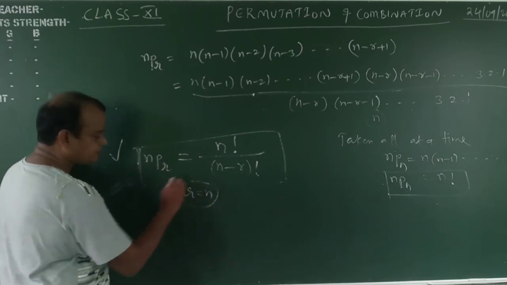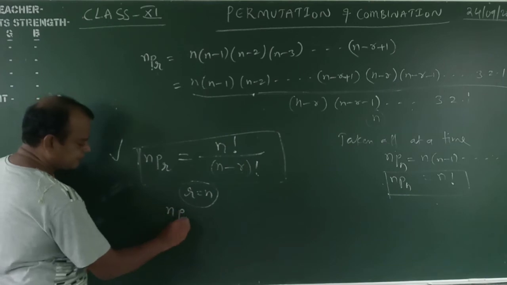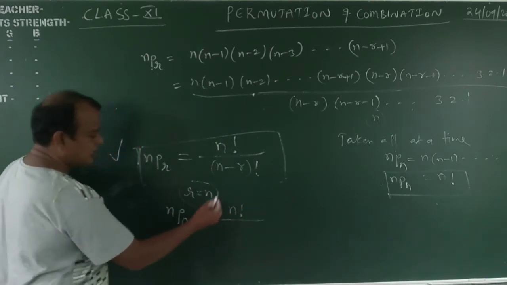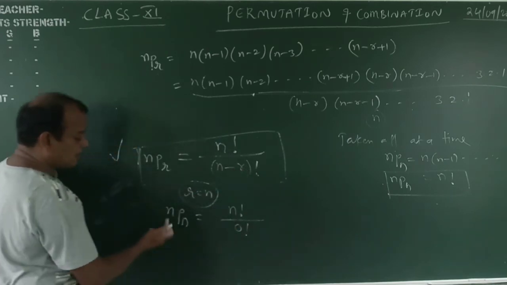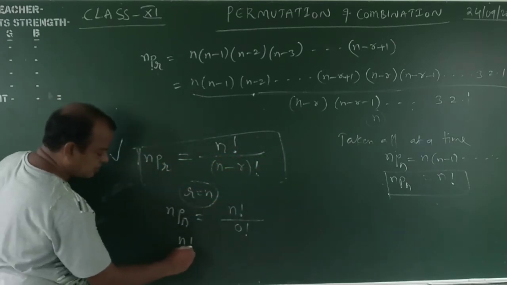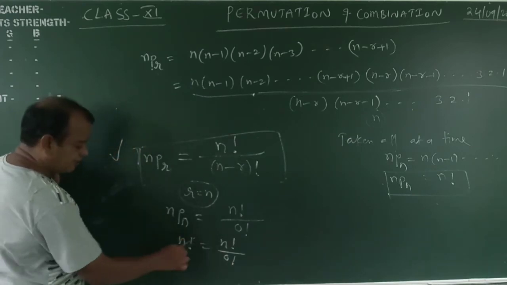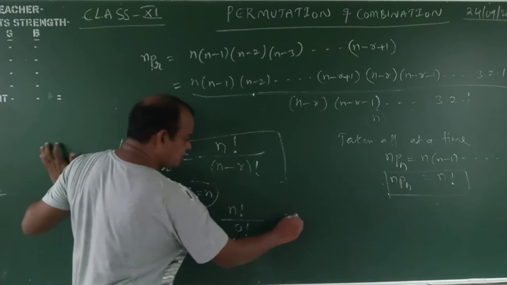What happened? r equals n. nPn is equal to n factorial by n minus n, and n minus n means 0 factorial. What is the value of nPn? nPn means n factorial. n factorial is equal to n factorial by 0 factorial. Now n factorial cancels, one time. Now 0 factorial is equal to